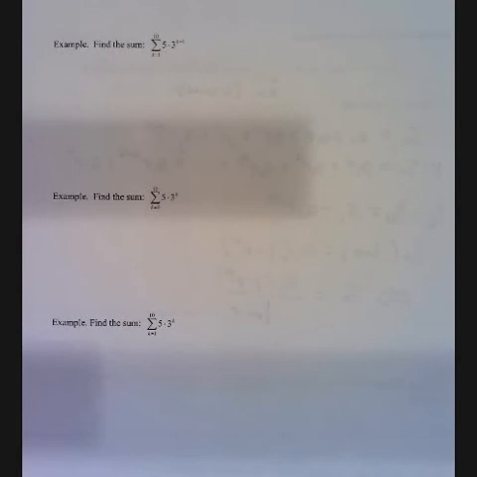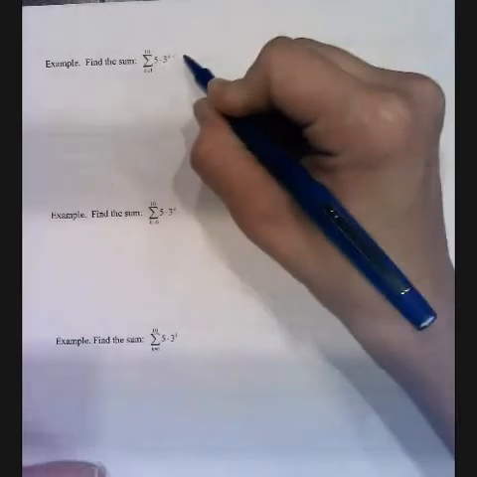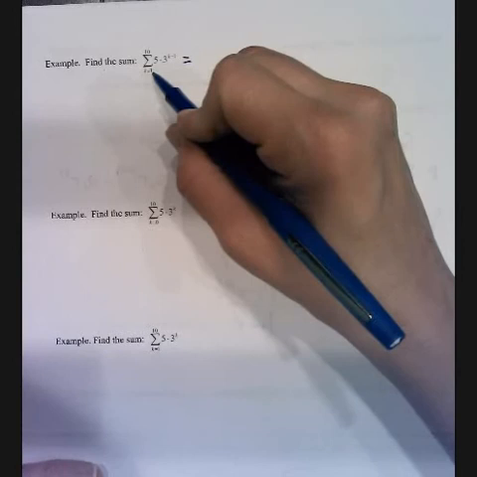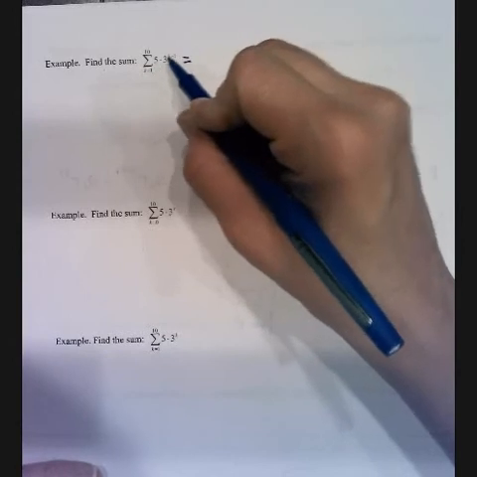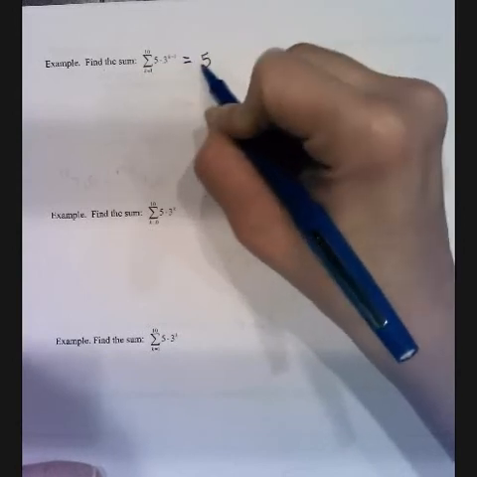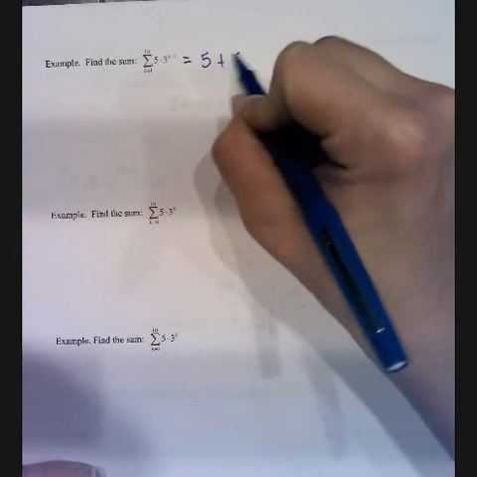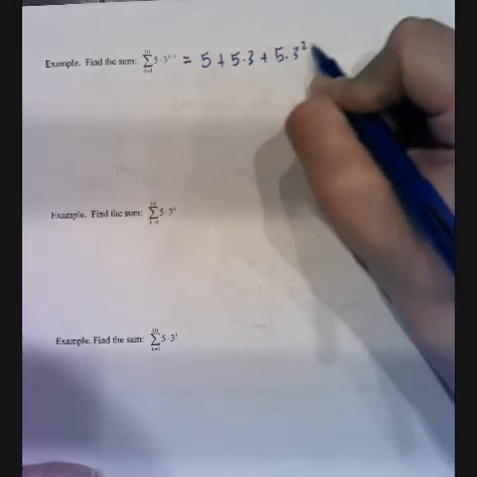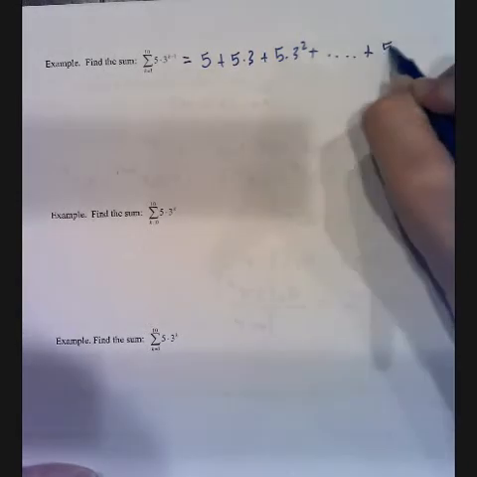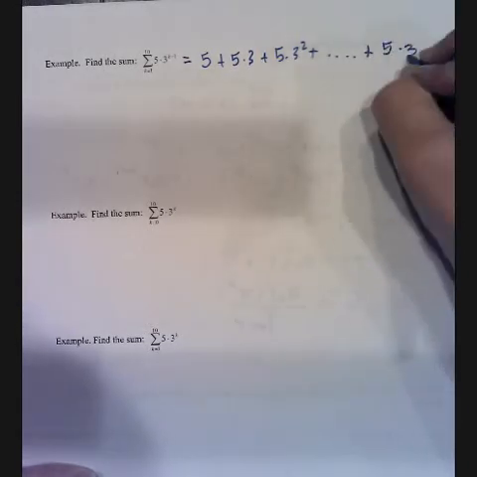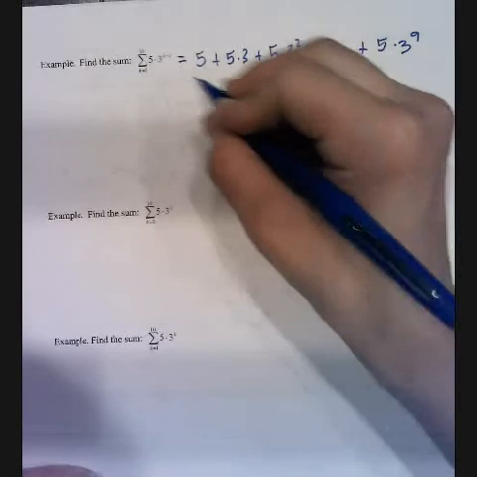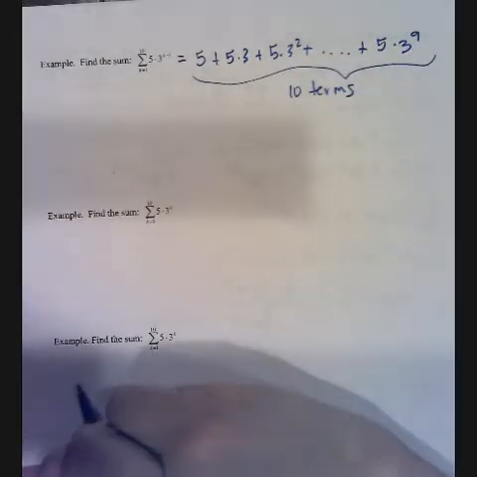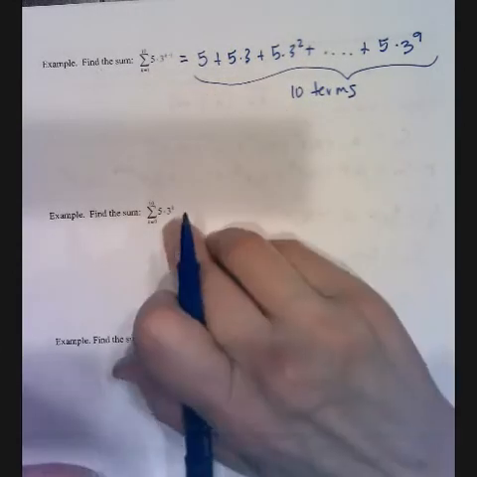So it's pretty easy to see there's going to be 10 terms here, right? And when k is 1, the first term is 5, right? This is 5 plus 5 times 3 plus 5 times 3 squared, etc., plus 5 times 3 to the 9th. So that is 10 terms. We already had mentioned that, or at least I did, right? But look at what happens in